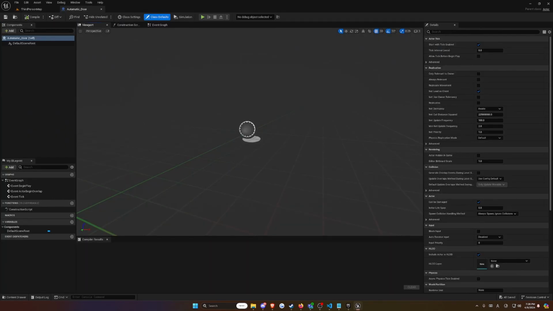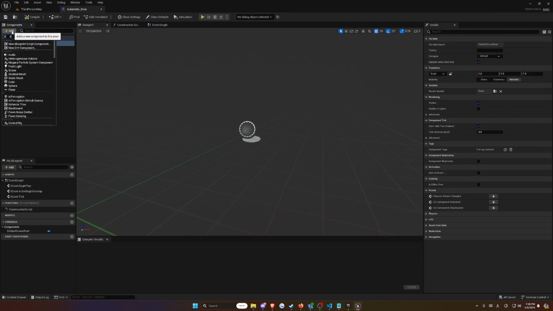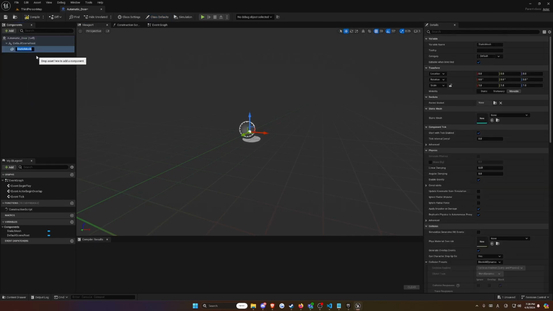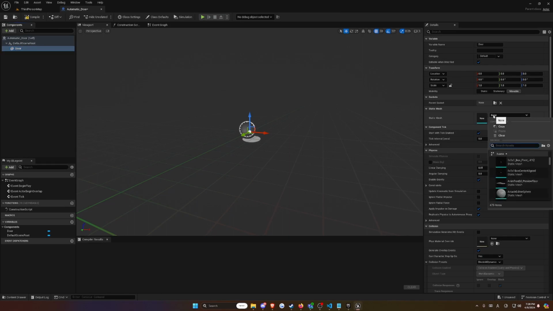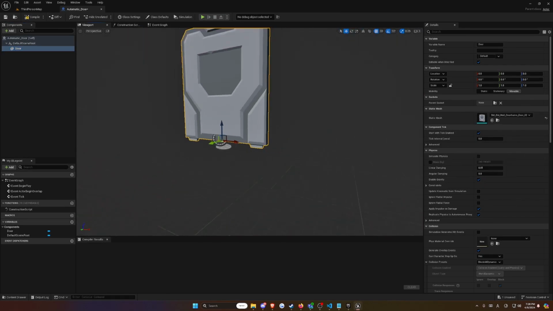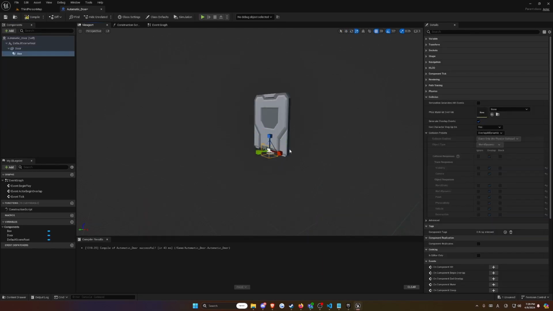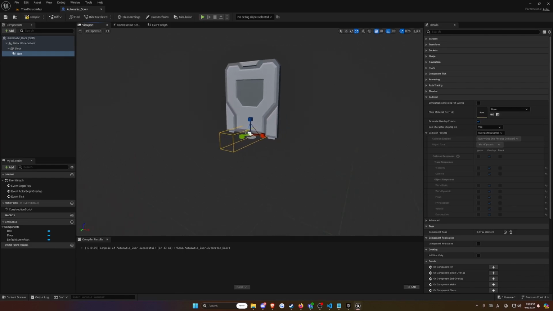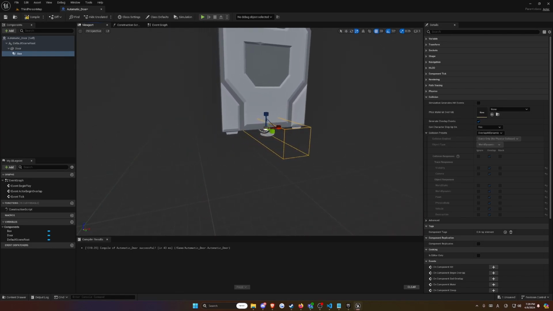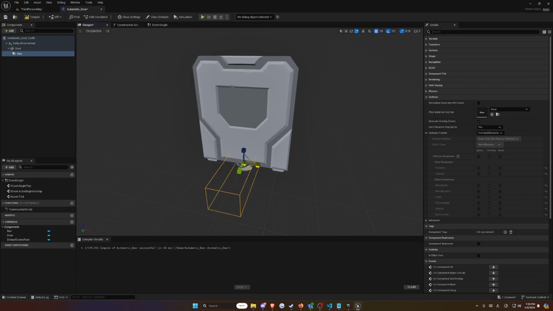Now in my automatic door, I'm going to want to add a static mesh of a door, and I'll just call this one door. And I'll choose a static mesh for this door that's going to slide up and down. And then underneath this, I'm also going to want to add a box collision. I'm going to want to make it tall enough to cover the door. And this will pretty much set the boundaries of where the player will have to enter in order to make